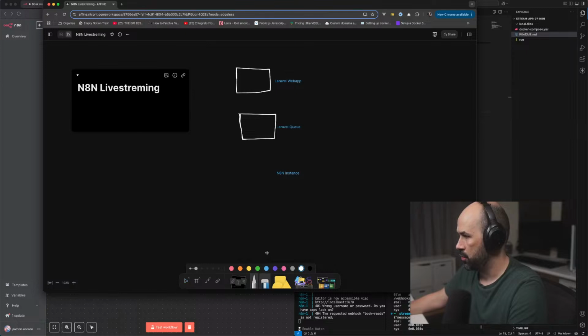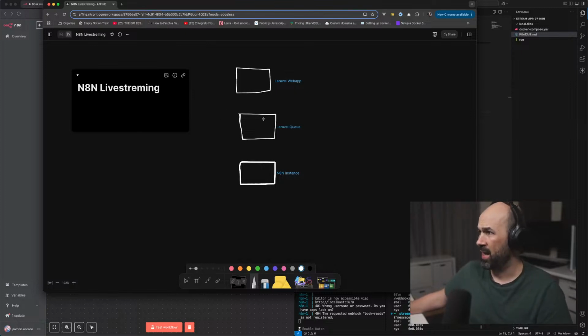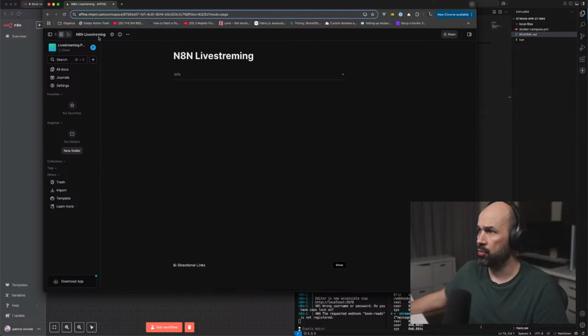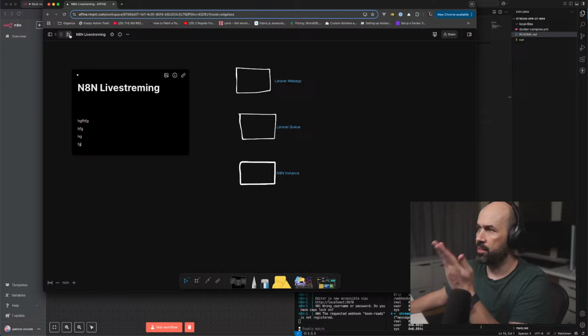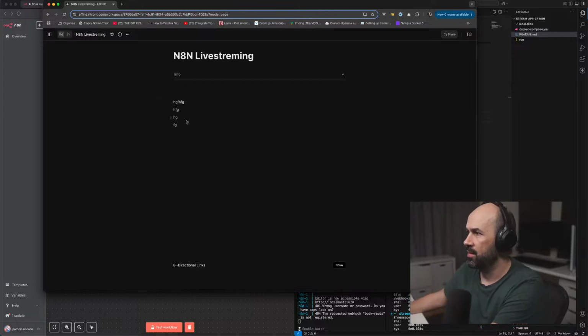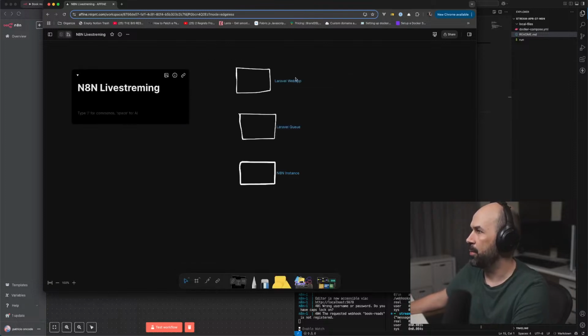And how can I draw? Here we are. I should find something with, yeah. What I like about this software is that we can draw, but also we can type a document, and it's the front and the back of the same, you see? It's really cool. I've been trying it and I'm enjoying it.